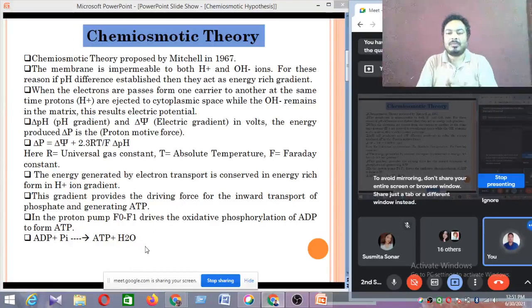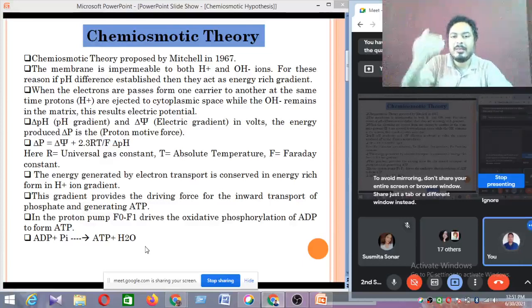That means before, when the electrons are transported from complex 1 to complex 2, complex 2 to complex 3, complex 3 to complex 4, they release energy-rich hydrogen ions by the breakdown of water molecules. The water molecule is broken down, they release energy-rich hydrogen ions, and these are released to the perimembranous space. They are all released, the matrix becomes OH negative, and the perimembranous space becomes H plus positive. They produce a voltage difference and generate energy, and this energy is stored inside the H plus molecules.